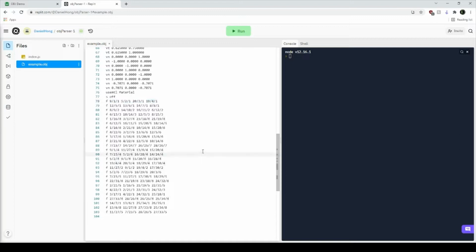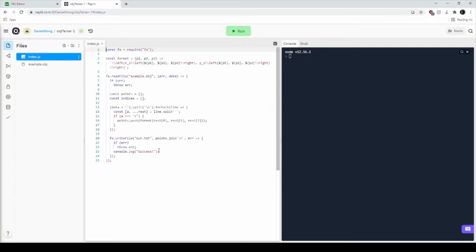So I don't care if your faces are triangles, quadrilaterals, or n-gons. I'm going to catch them all in this rest variable. It's still going to be an array, but this is going to be one single value. And of course, if it's a vertex, we're guaranteed 3 points in here. Otherwise,